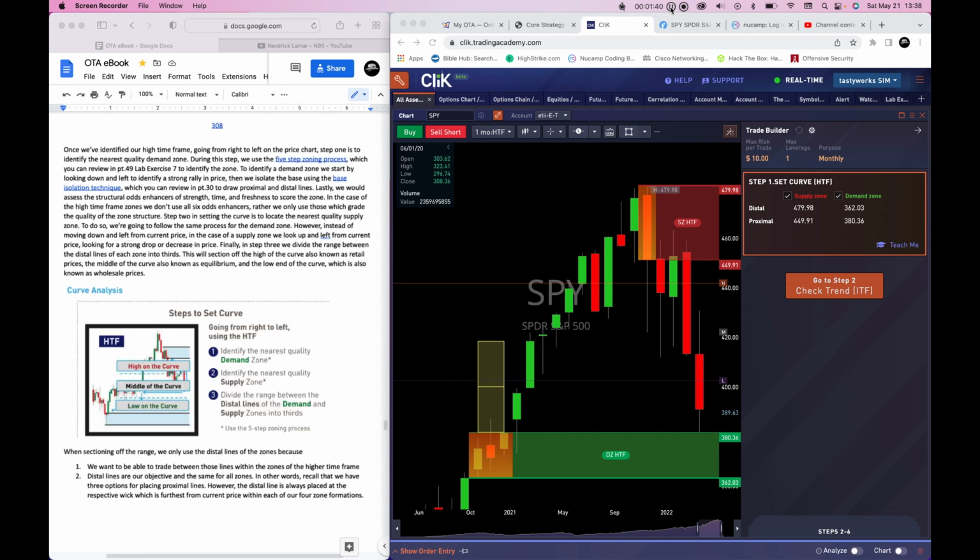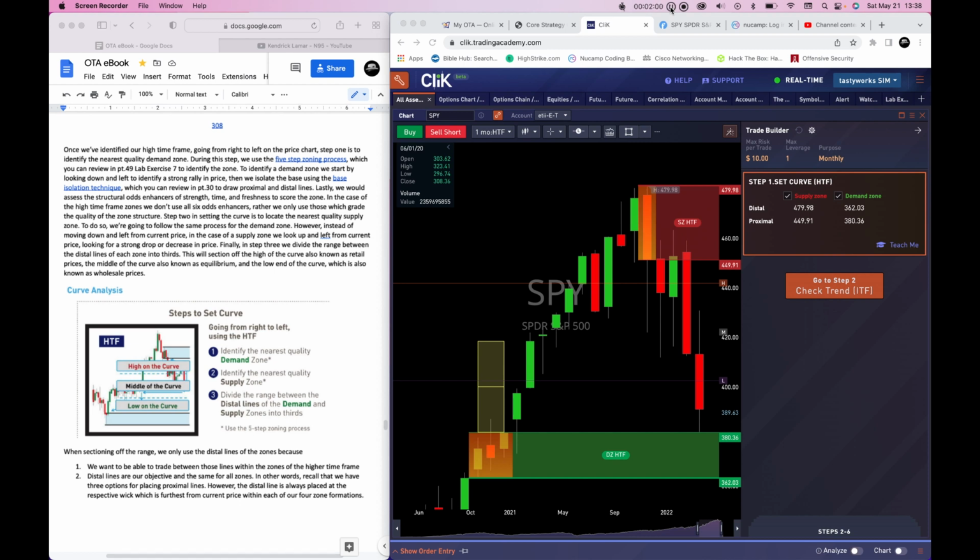Once we've identified our high time frame, going from right to left on the price chart, step 1 is to identify the nearest quality demand zone. During this step, we use the 5-step zoning process, which you can review in Part 49, Lab Exercise 7, to